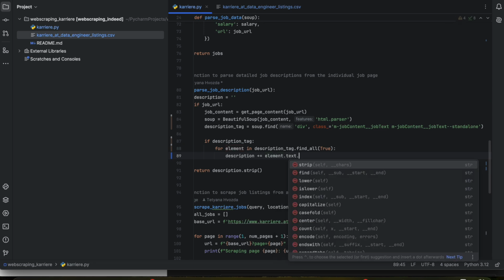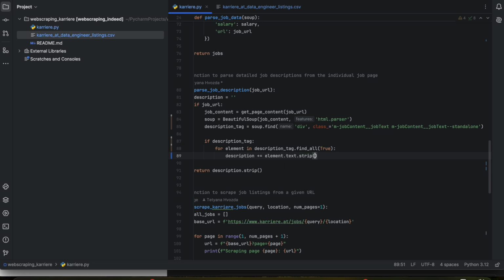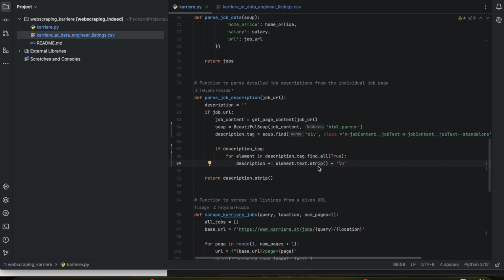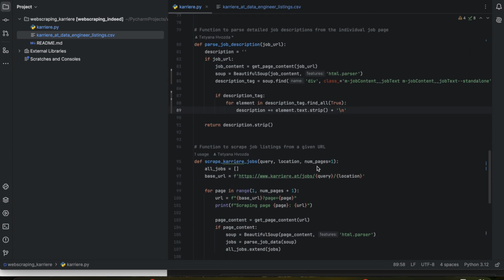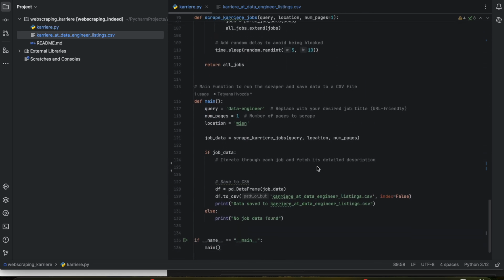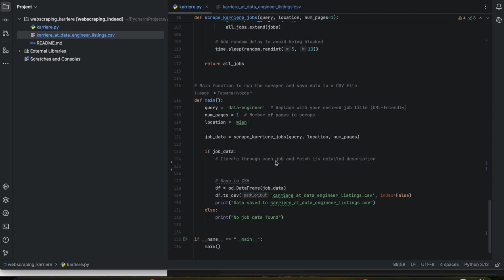And we need the text that is hidden in each element. That's it. We already have the new function, and now we need to modify the main function in order to